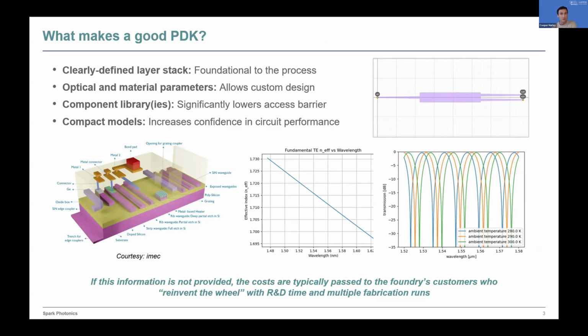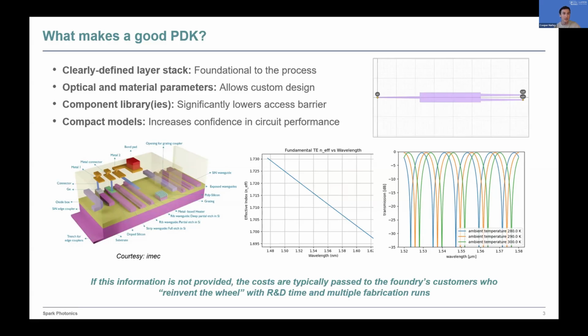The PDK should also include some form of component library, which is a set of pre-developed components with documented performance specs, either simulated or maybe fully experimentally validated. And ideally, these components also include compact models, which allow PIC designers to simulate the circuit level performance of their design. Users coming from maybe a system level background might have little to no experience designing components on the individual integrated circuit platform, which means they could be heavily dependent on the quality and diversity of your component library and